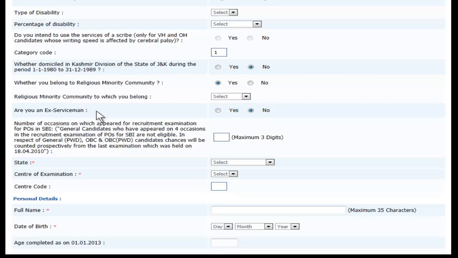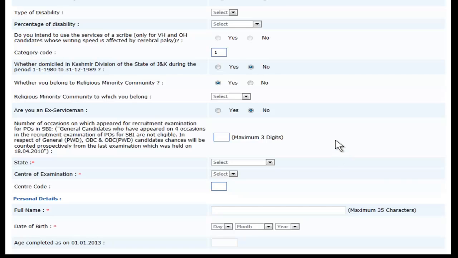And then the next option is if you are an ex-serviceman, then you need to fill up information here. Bad news for people who have appeared for more than 4 occasions in the SBI recruitment examination for POs is they will not be eligible. But if you are not in this category, then it's okay. OBC and all will also be calculated respectively.